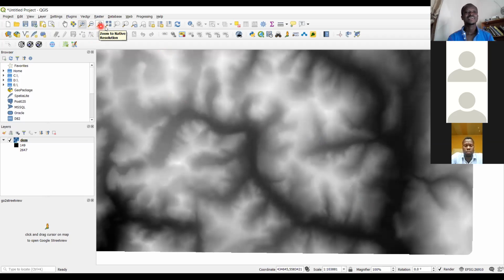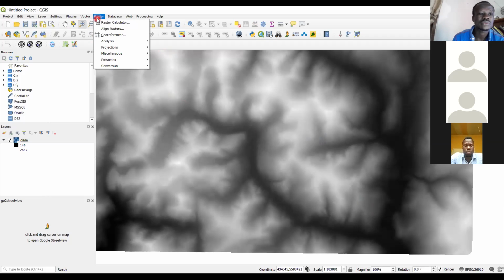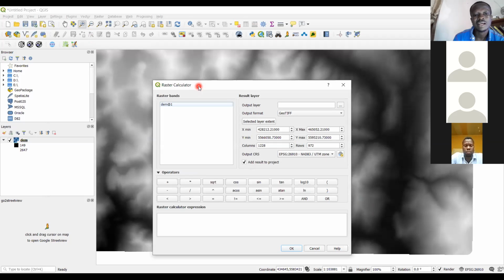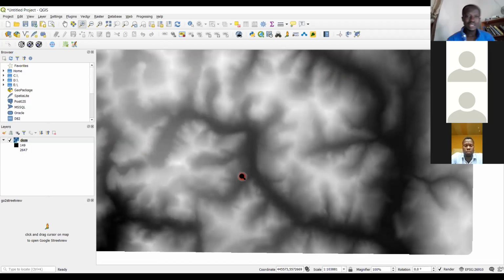Now we have a whole lot of buttons that you can explore. It's not rocket science. We have what we call the field calculator, or the raster calculator. Go to raster calculator. This allows you to multiply the values that you are seeing here by 2, or find the cosine of the values. So you can apply a whole lot of formulas to it. All right, let's pick